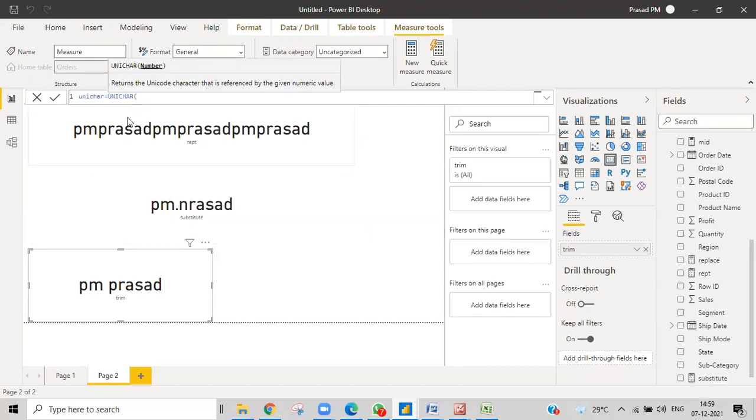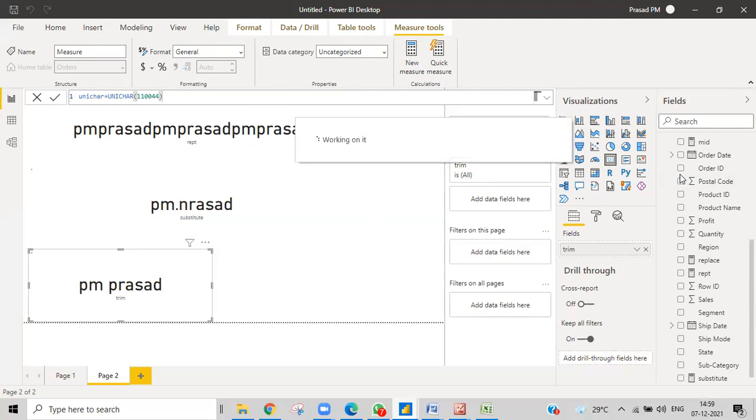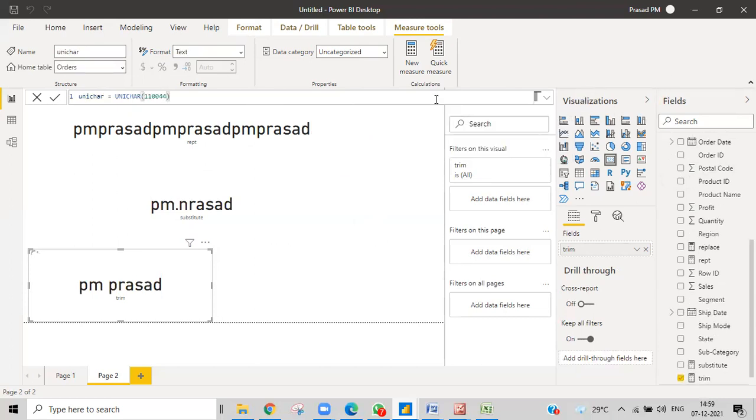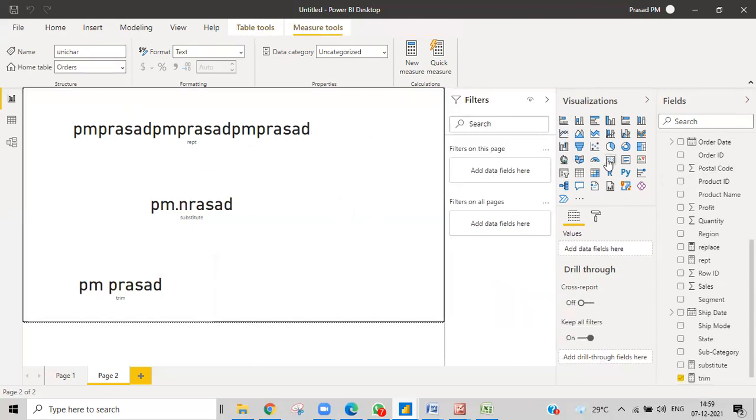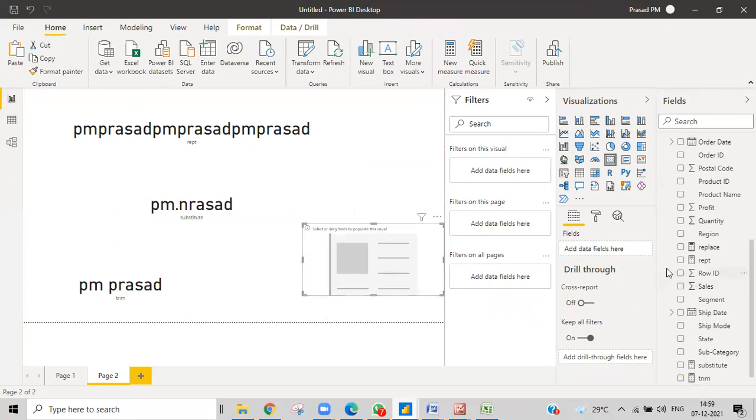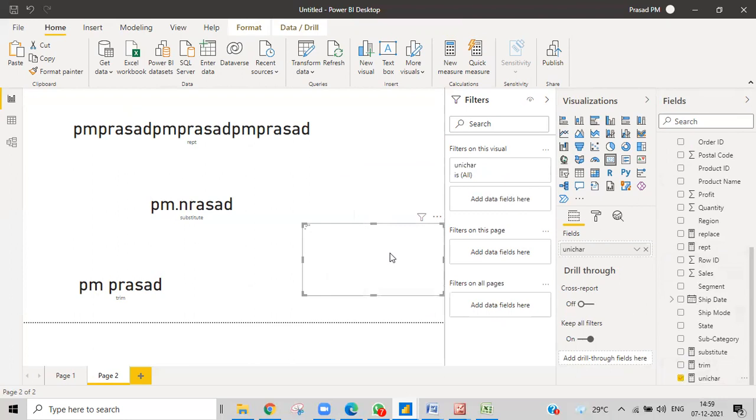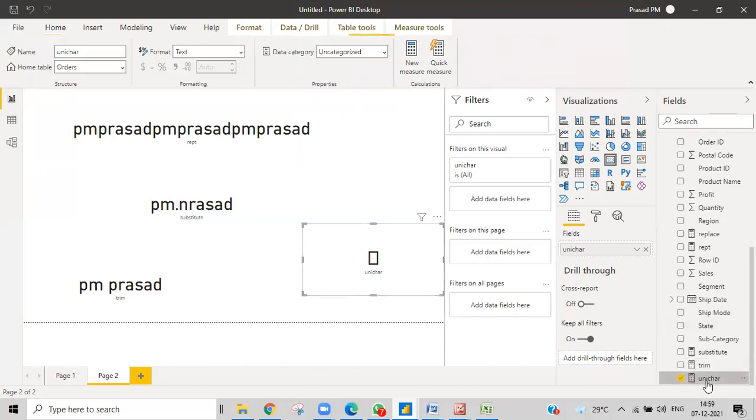Then you can give something like 113044. I don't know what exactly the code is for that one. Let me check what exactly comes for that particular Unicode. Yeah, you'll get that kind of square symbol for that particular code.